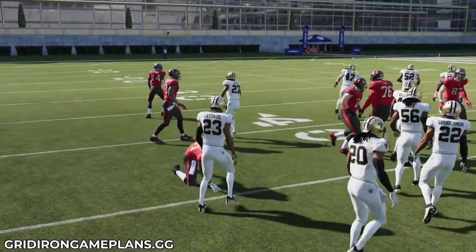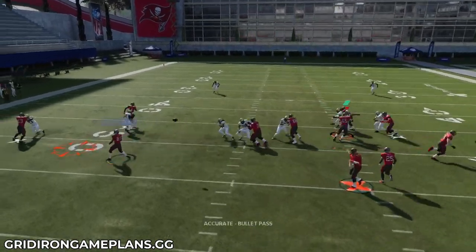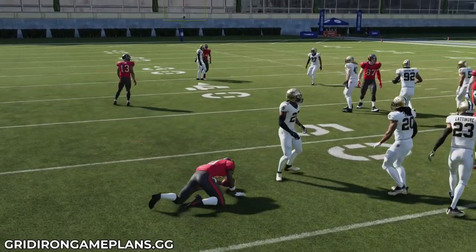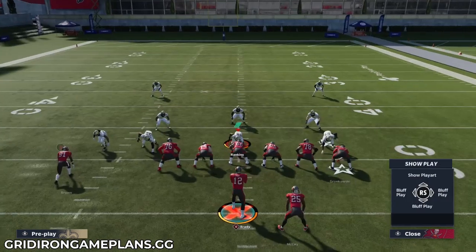And the problem is that man coverage doesn't guard the trap. You see right here, we've got a guy in man coverage. You could still throw the bubble screen out wide, and he just freezes. Now, obviously, you need better blocking animations to set up and get outside. A lot of players won't call